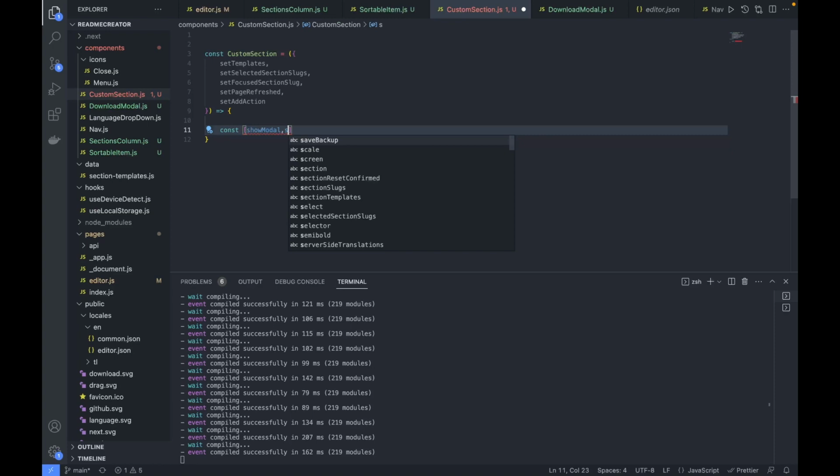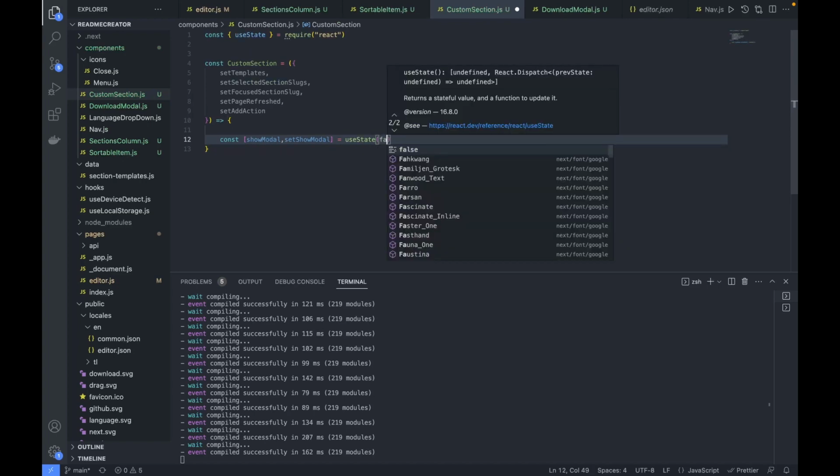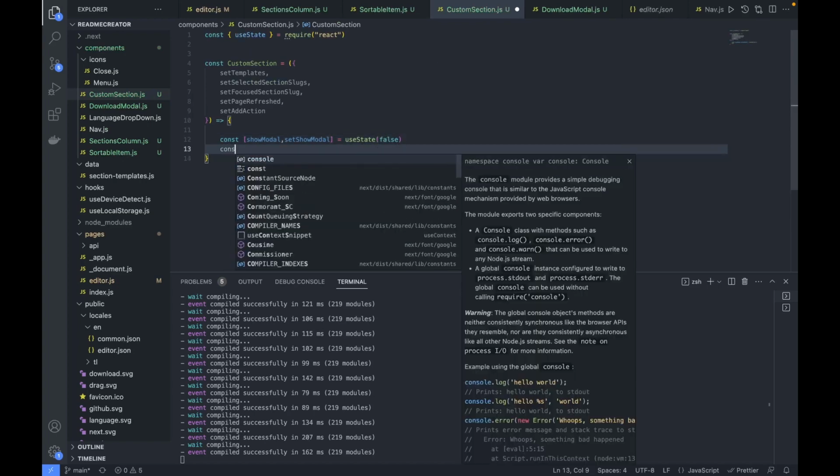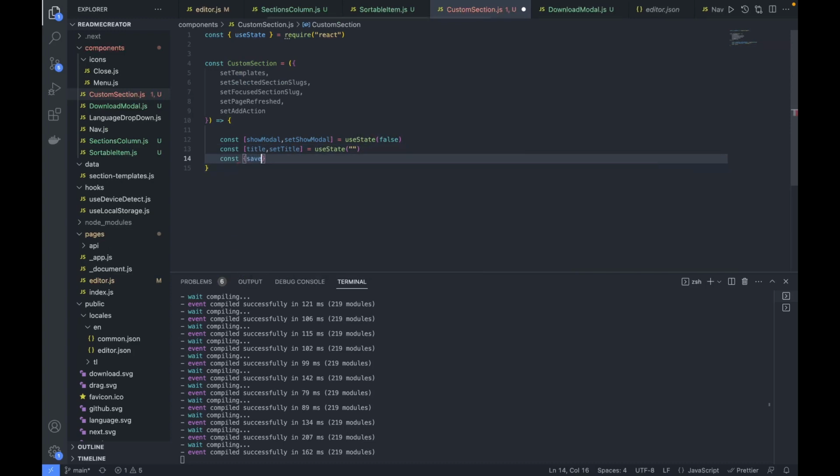So to keep track of whether to show or not, we'll use this show model variable. So set show model, and initially I will initialize it as false, and one more thing, what title is going to be set, that is this. So initially we'll make it an empty string,